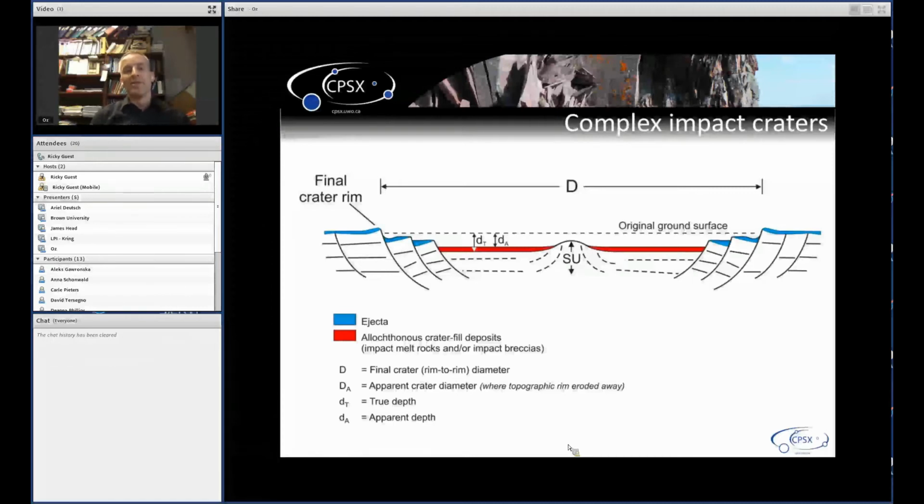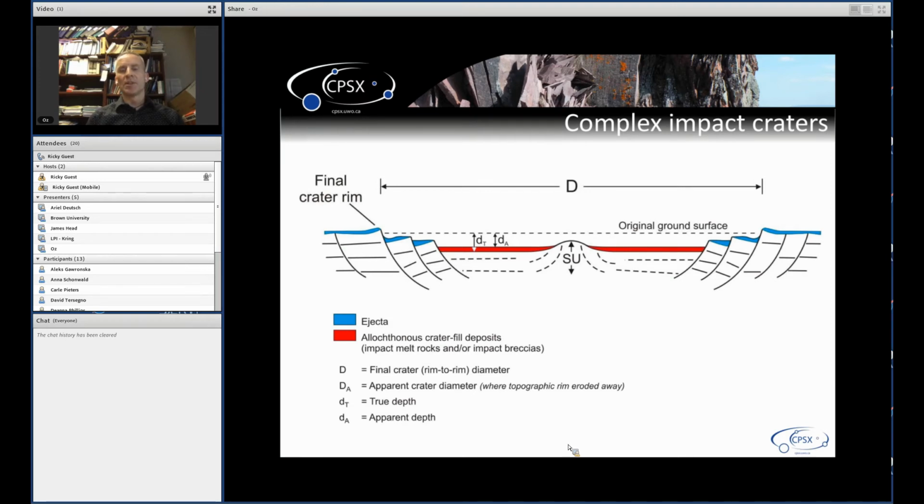Typically, this is a very simplified cross-section. If you ever do field work at a complex crater on Earth, and hopefully we'll be doing this on the Moon again soon, you'll realize that this is a gross oversimplification. The rocks are heavily deformed in the crater interior, but it basically shows